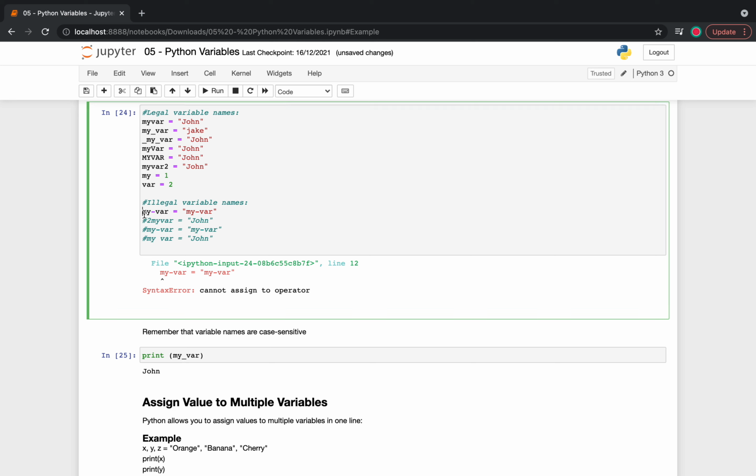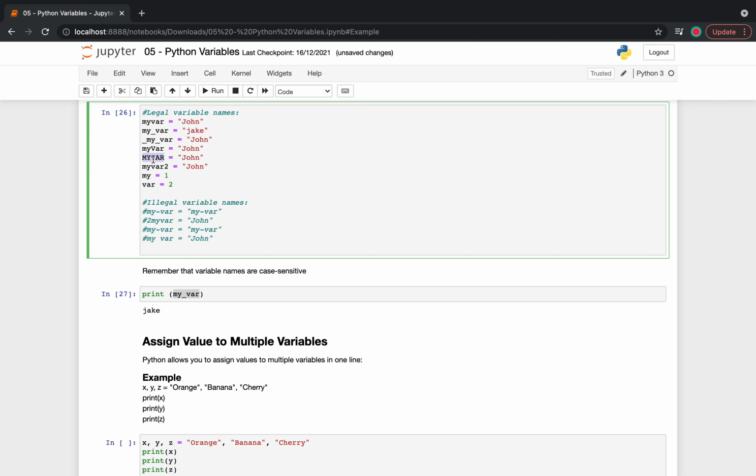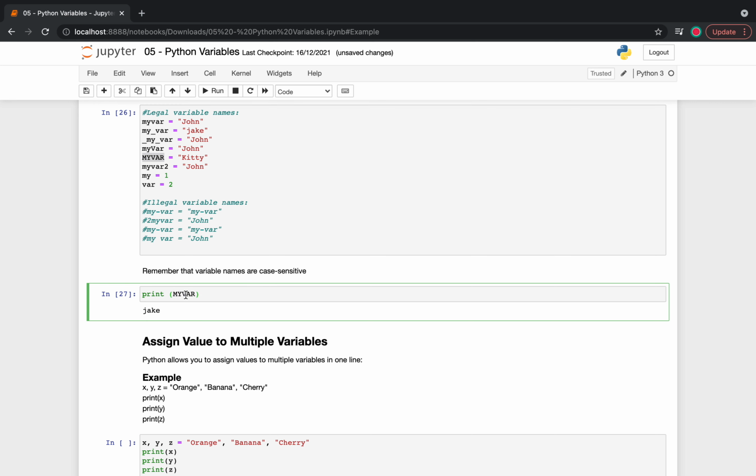And then if I change these two variables, let's say I want to print this variable. Okay, next I want to change this to kitty. It's supposed to print kitty, and the value for variable myvar is kitty. Okay, let's say I want to print that variable, so it's supposed to show